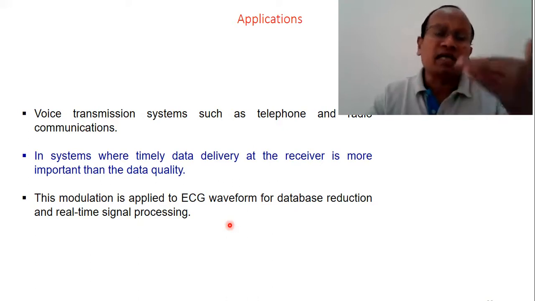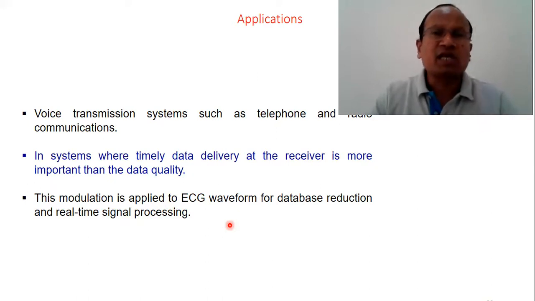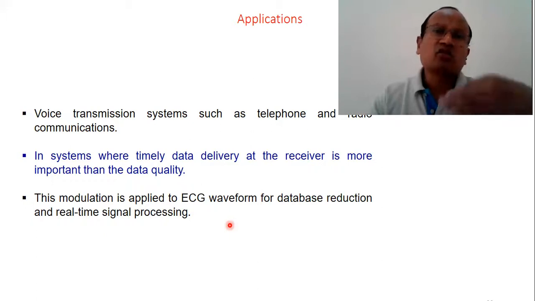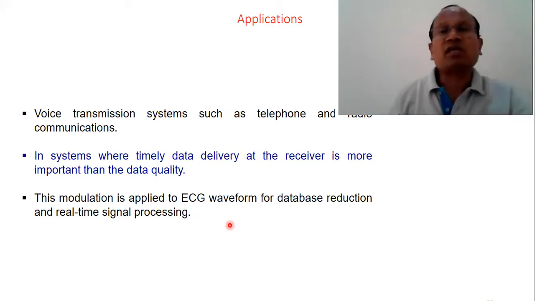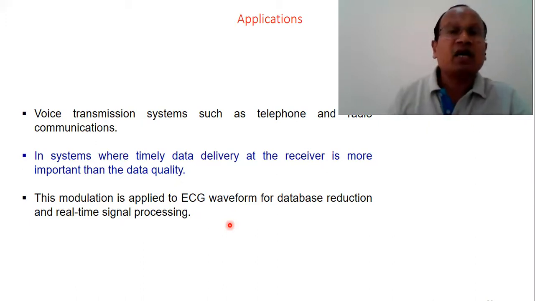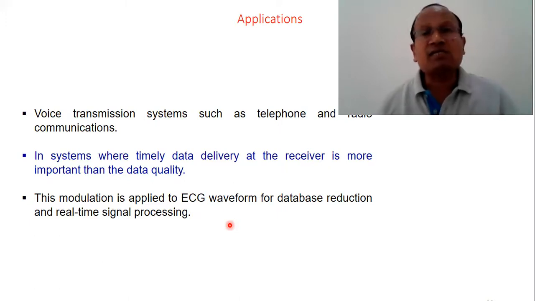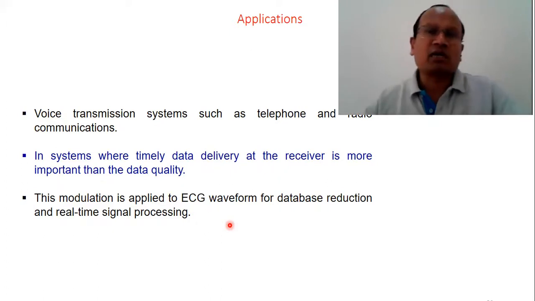And delta modulation, sometimes called the simplified form of DPCM, accepts an oversampled data rate, and all the difference terms are encoded into a single bit. So we can further reduce the number of bits required to transmit the data. Therefore, in telephonic communication and voice communication, where we want faster communication with reduced burden on bit rate and improved SNR, and in ECG transmission or data reduction applications also, delta modulation is used. So that's all for this lecture.